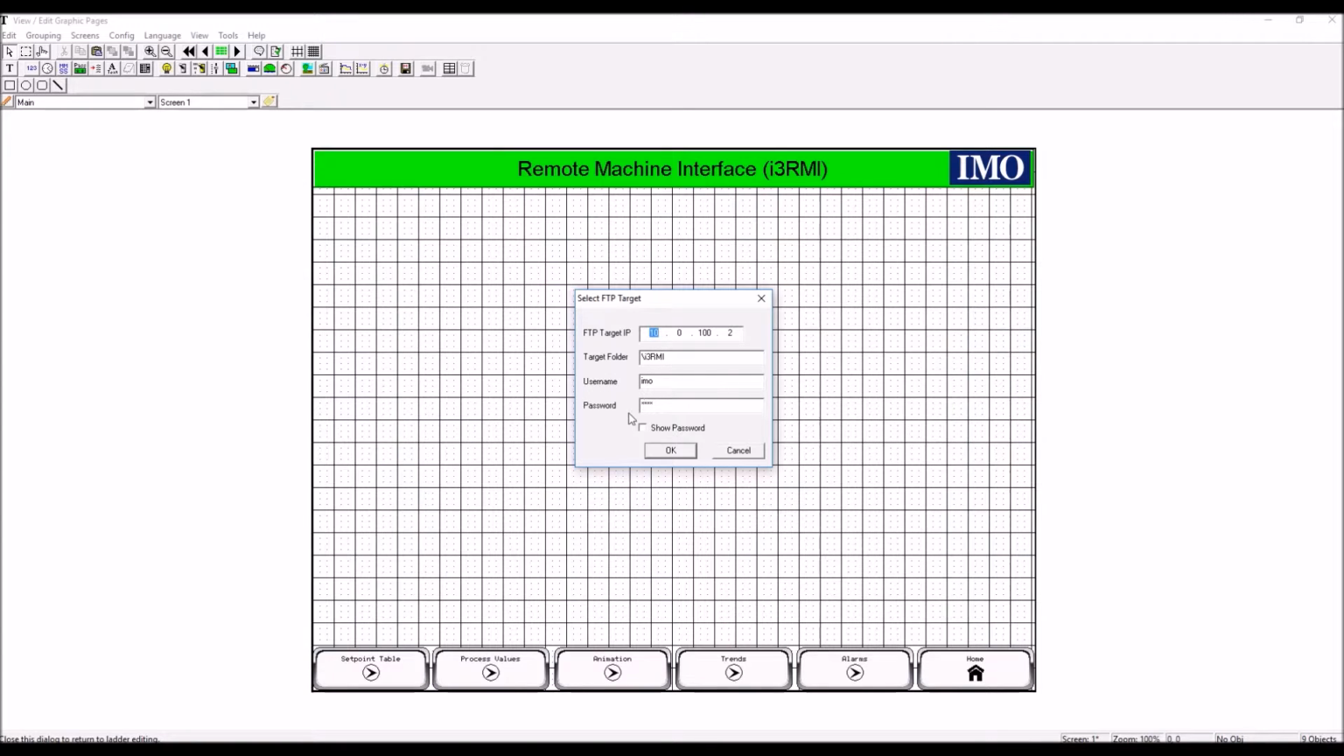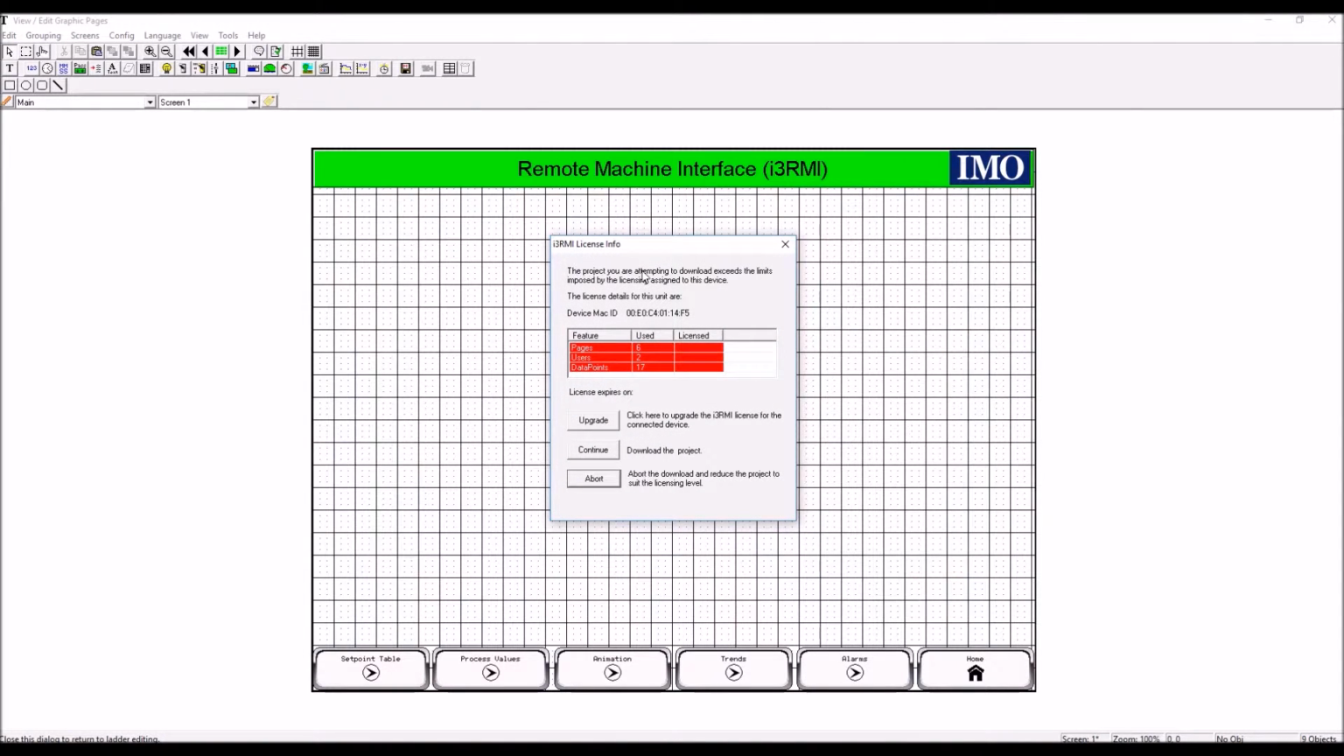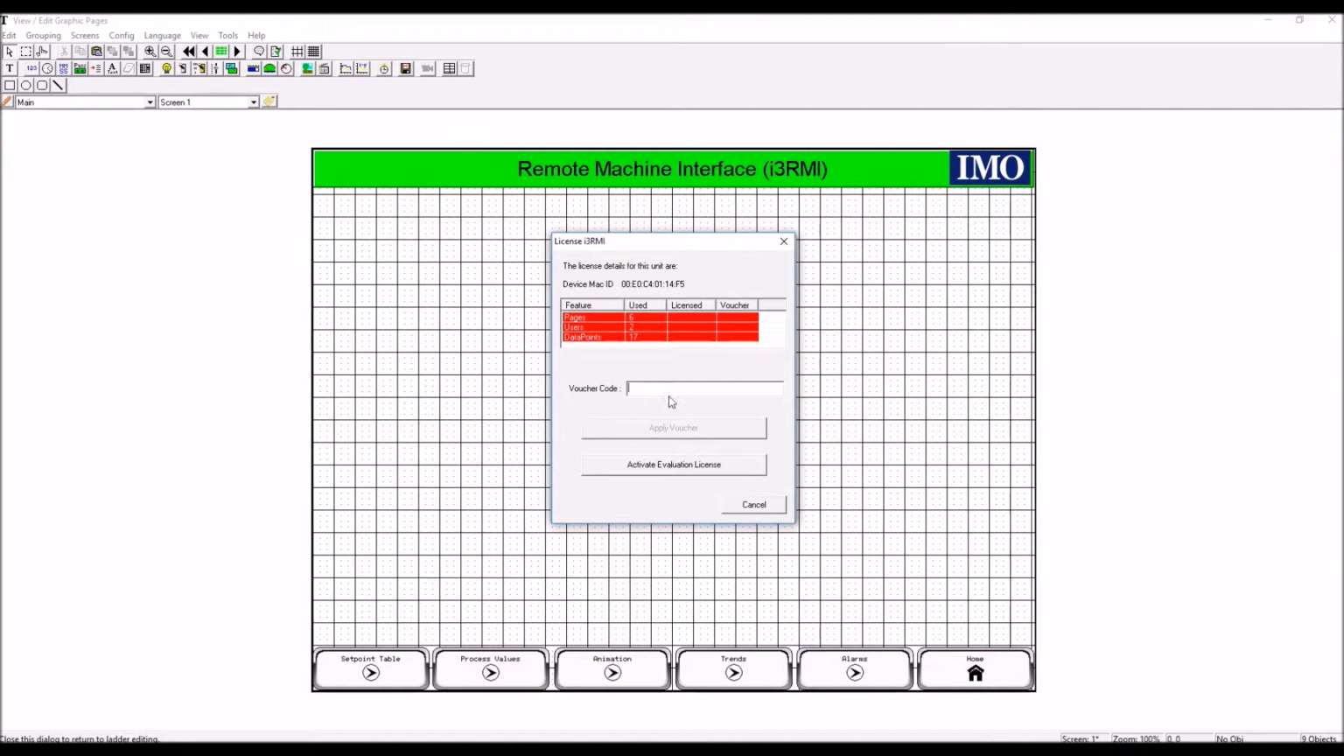Click on the username and the password and enter the username and the password which we have configured for the FTP settings. Click on the OK, and then it will give the option for the licensing. So it will pick up the MAC ID of the controller which is connected to the PC, and here you do have the pages, users, and data points which is within the project, and here it's currently not licensed, so it's marked as red. And here you can click on the upgrade and enter the voucher code which is being received by email,